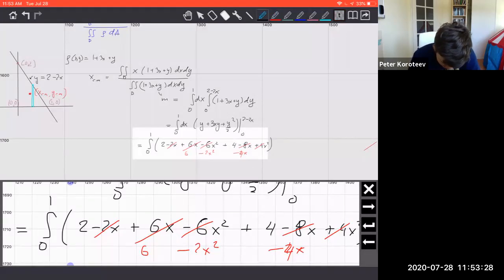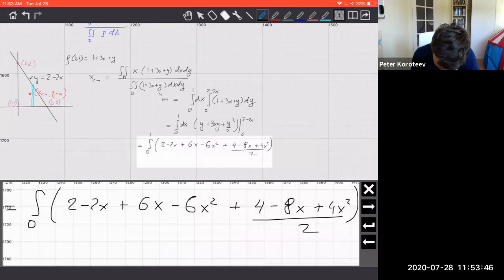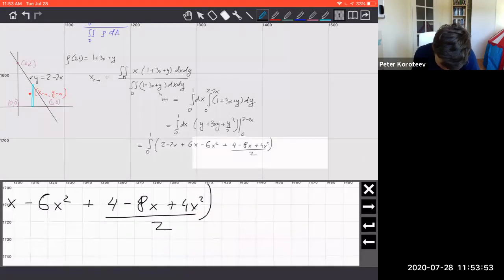Okay, let's get back. Getting tired, right? So we need to divide by 2 here. So therefore, it's equal to, if you divide by 2, we'll get 2 minus 4x plus 2x squared.